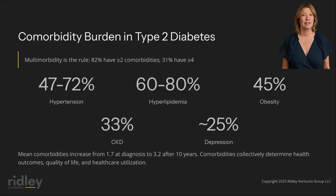Population-based studies consistently demonstrate that multimorbidity is the rule rather than the exception in diabetes, with the majority of affected individuals managing multiple chronic conditions simultaneously. The most prevalent comorbidities in adults with type 2 diabetes are hypertension, affecting 47 to 72% of patients, hyperlipidemia, present in 60 to 80%, obesity, affecting approximately 45%, chronic kidney disease, present in about 1/3, and depression, affecting roughly 1/4